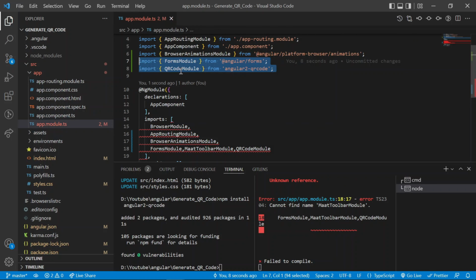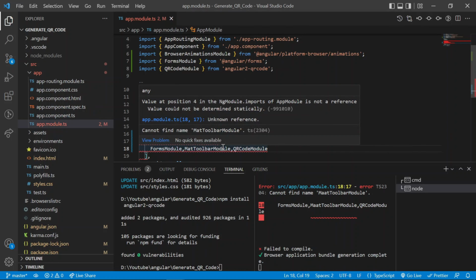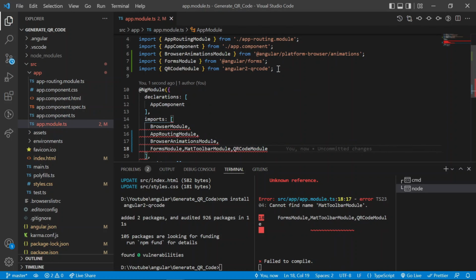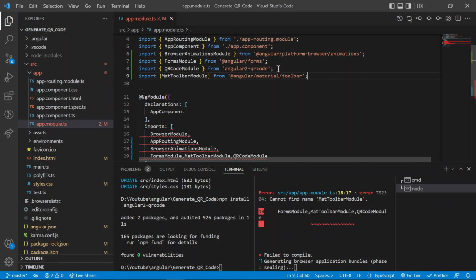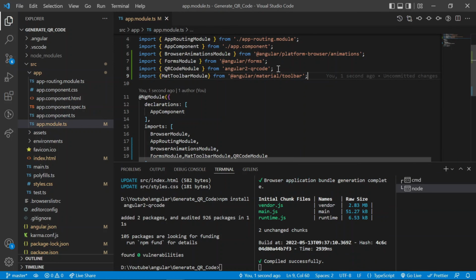FormsModule and QR module are already imported and I only have to import the MatToolbarModule. All the modules are imported here.